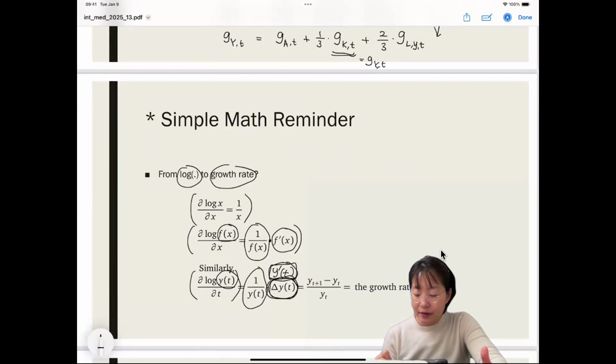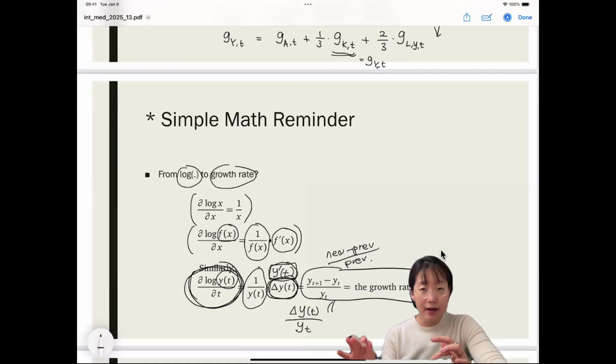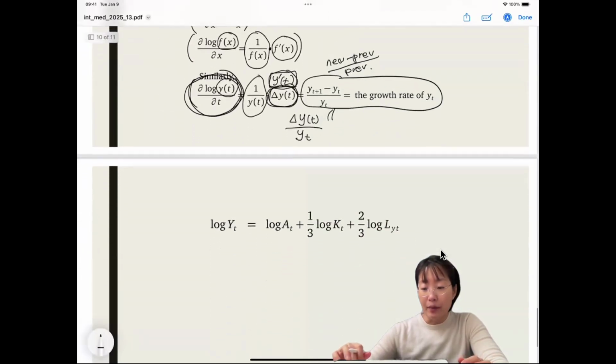And that means delta y of t over y_t, and that is the growth rate of y. So new minus previous over previous. That is the growth rate. Hence, we have the growth rate out of the log function. Okay, so this is calculus. You don't have to remember the whole thing,